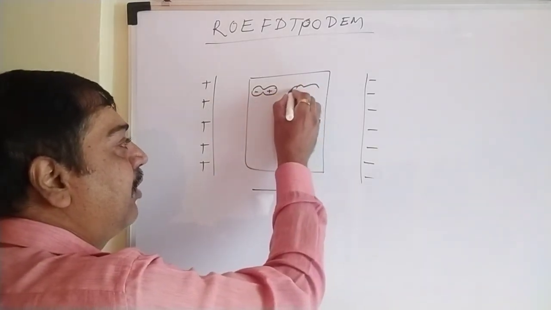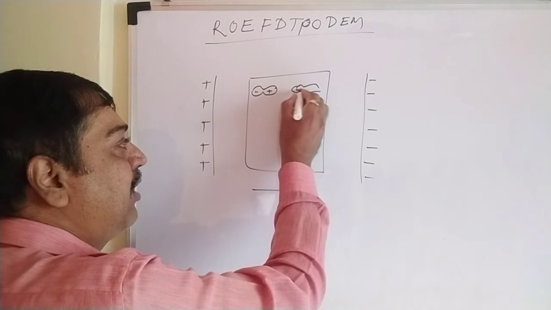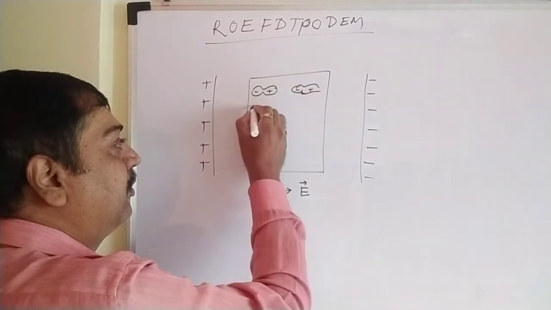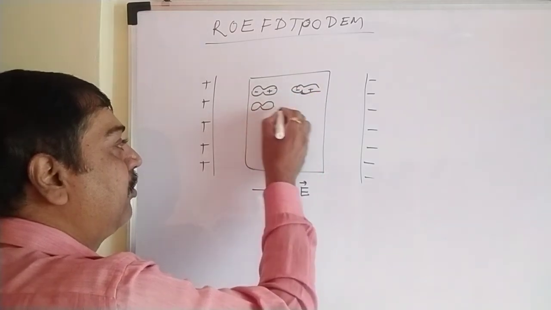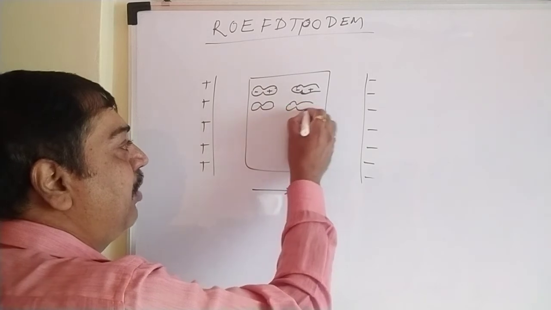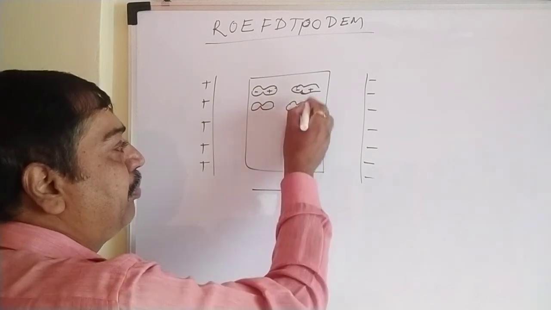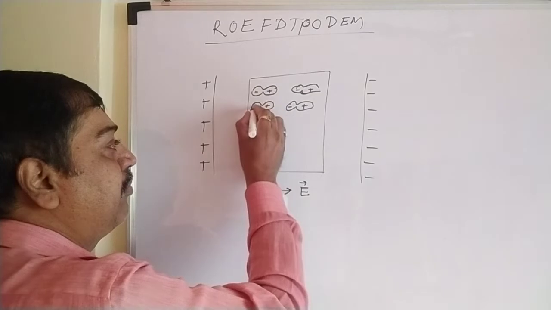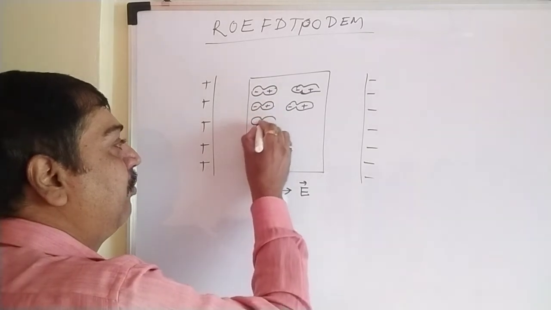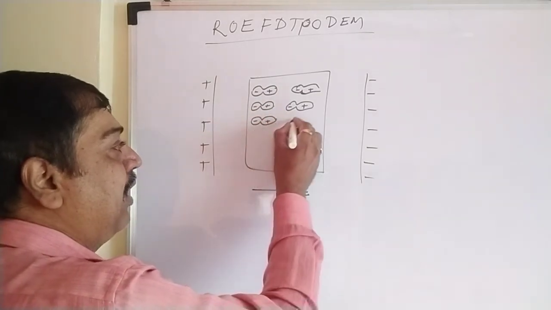Same way here also it starts separating, minus to this, plus to this side. So this separation gets started. So let's write down this diagram. I will draw this diagram. So this would be plus, this would be minus, plus, minus. In this fashion we can draw as they are separated like this.